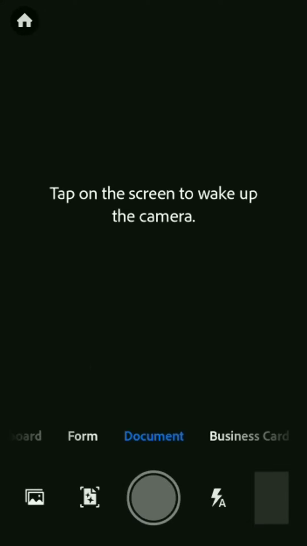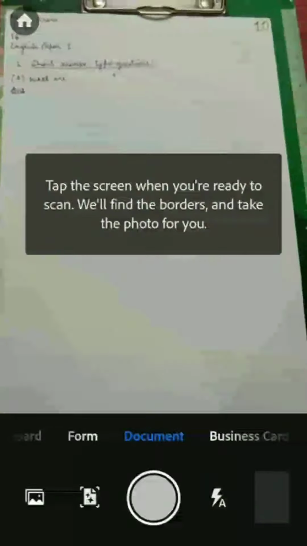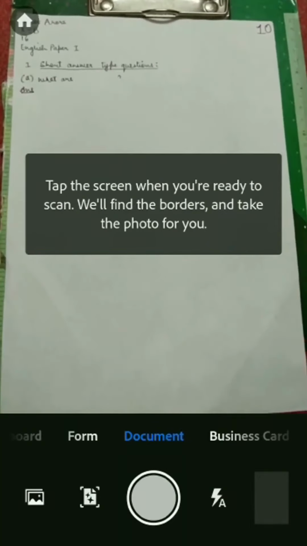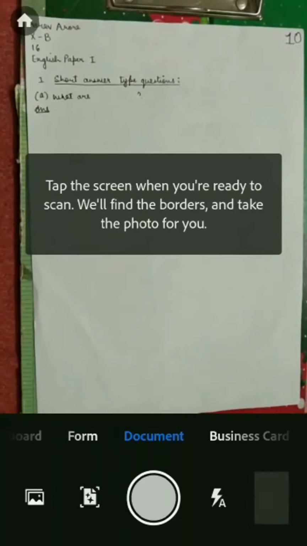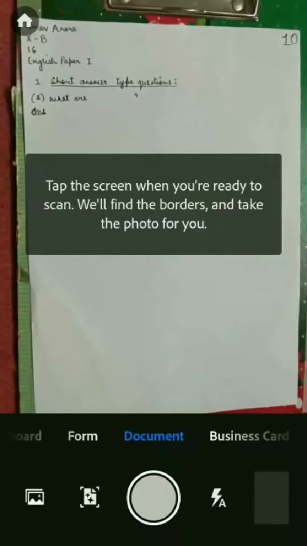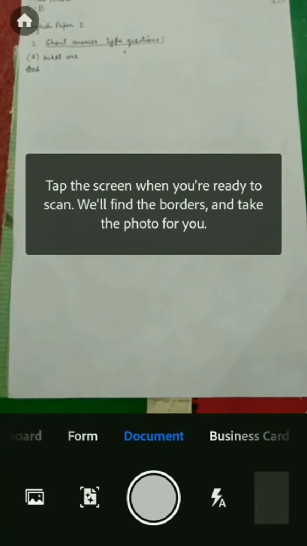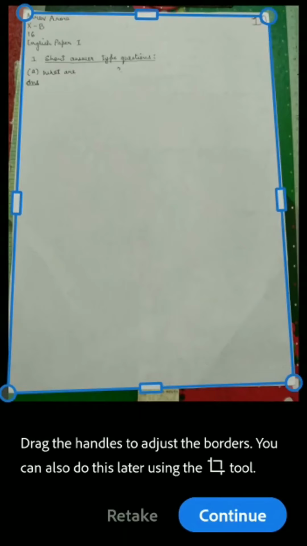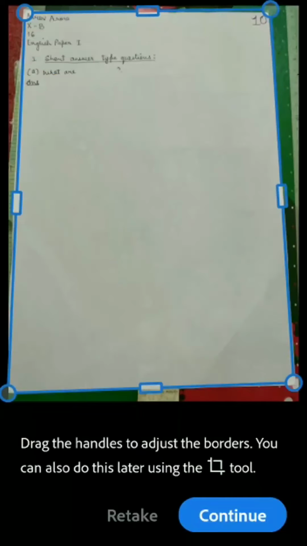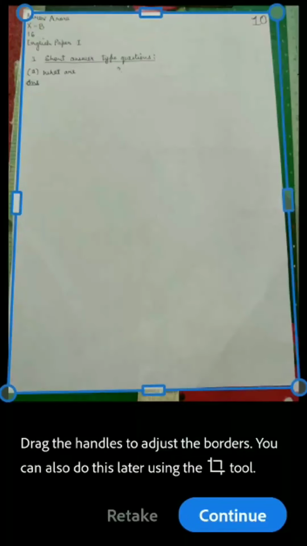First of all, the image of every page should be clear and in portrait orientation. This is portrait orientation, that is vertical orientation. Do not click landscape orientation pictures, that is horizontal. Once you take a picture, you must crop the unwanted portion while scanning. So just drag the handles to adjust the borders. That's completely fine. Shadows on the image will not be accepted.